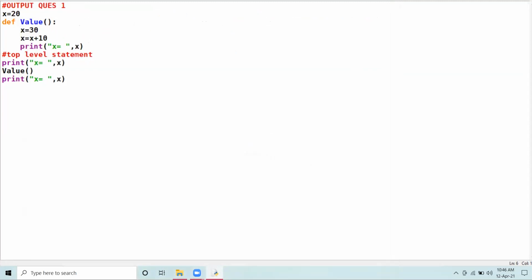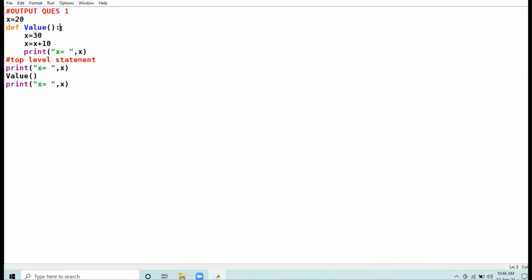Now, in the second scenario, what I did is I write here global x. Now, if you try to assign a value to a variable whose name is the same as that of a global variable, Python won't create the local variable.